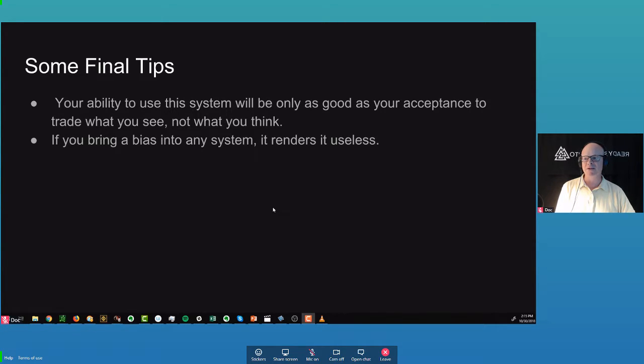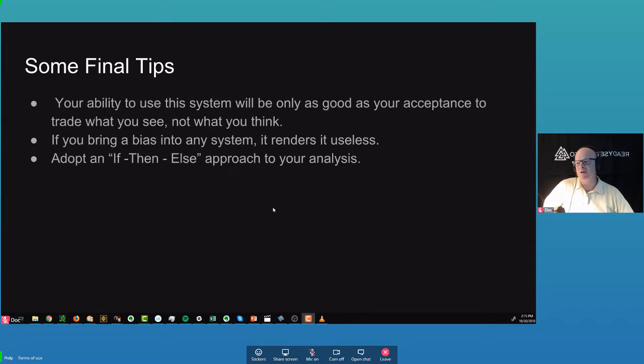So if you bring a bias into any system, it will render it useless. What I'd like to see you guys do is adopt an if-then-else approach. I want to see you guys turn yourselves into a spreadsheet with an if-then-else. And what I mean by that is, the price will come into any particular range. It'll set up a high, it'll set up a low, and then it will sit there and you'll say, well, what's going to happen here? Well, we kind of know if it breaks above here, that's confirming the high. Otherwise, if it breaks to the downside, like this,